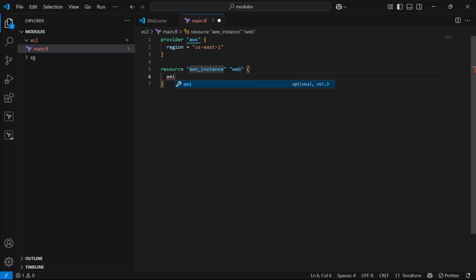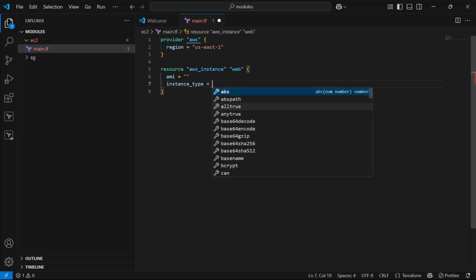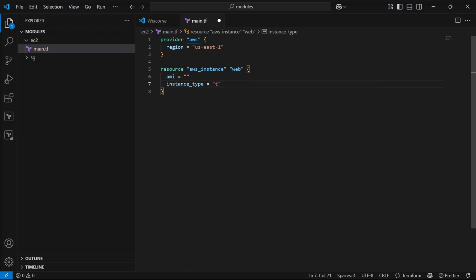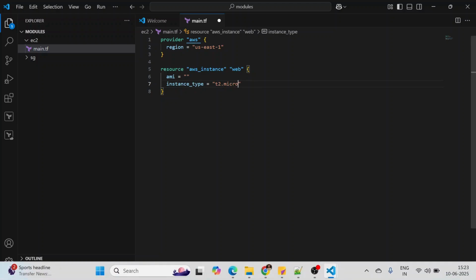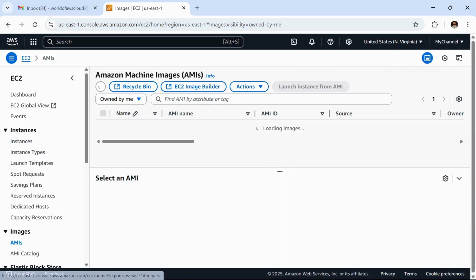I am going to define the AMI and the instance type, which will be t2.micro, and I am going to grab the AMI from here.